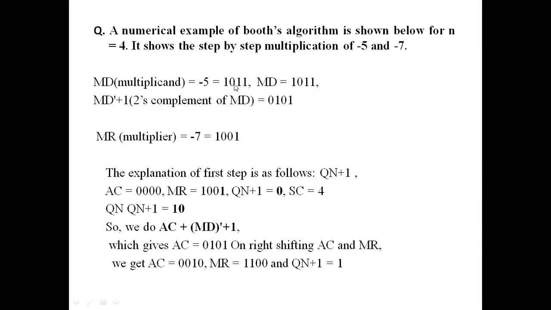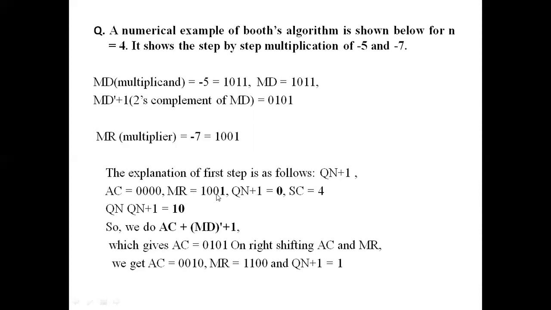We know. Okay. And we take the 2's complement of MD, that is 0 1 0 1. And what is the multiplier? That is -7. We convert it into binary, and the digits will be 1 0 0 1. So now what happens in the first step? In the first step we set Qn plus 1 to 0, and we also set AC to 0. That means here we use 4 bits, because in the multiplier we are using 4 bits,